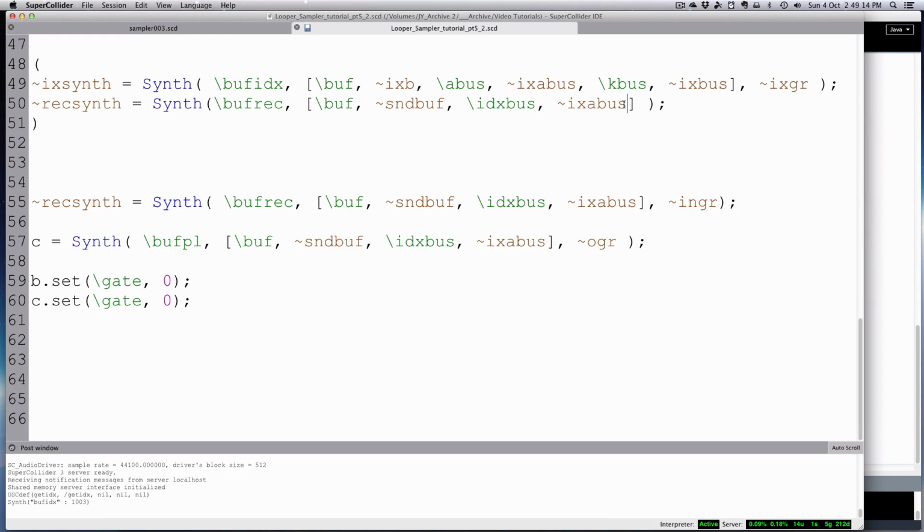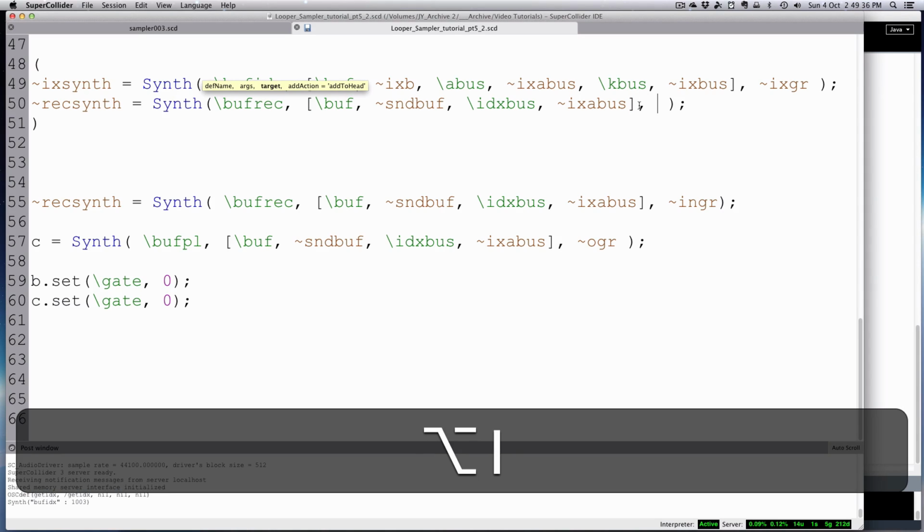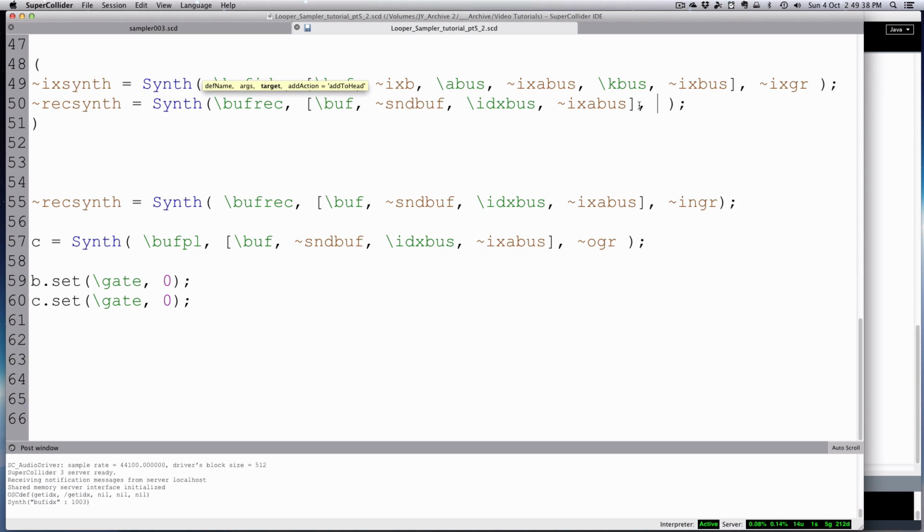We won't actually start it with a gate 1 yet. Once we hit gate 1, it engages the envelope, turns it on, and then it's actually writing whatever is coming into the mic. Now, the last thing we do, if we just look up here, is we have to assign this to a group. So we're starting a synth, but we're starting it with special conditions, which are that we're starting it on a